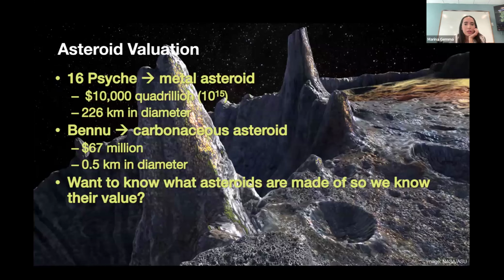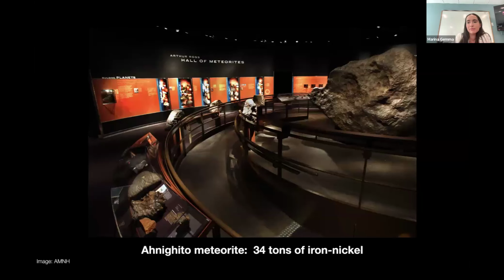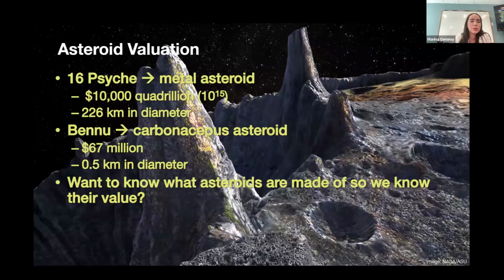And these iron meteorites in particular are of interest. NASA is actually sending a mission to an asteroid called Psyche. It has been valued at $10,000 quadrillion, which I think is just a fake number. It's thought to be just a giant iron meteorite, like Agoyo, but way, way bigger. It's 226 kilometers thereabouts in diameter. Compare this to Bennu, which was the target of NASA's OSIRIS-REx mission. This is just a paltry $67 million. It's much smaller, obviously, but